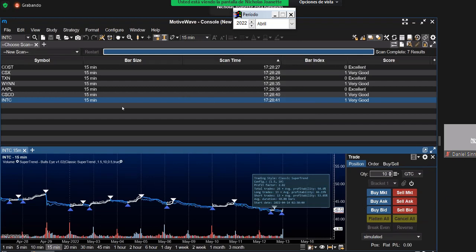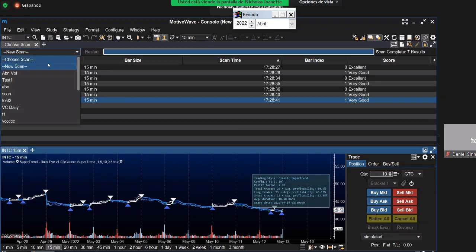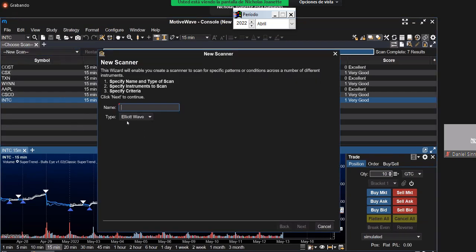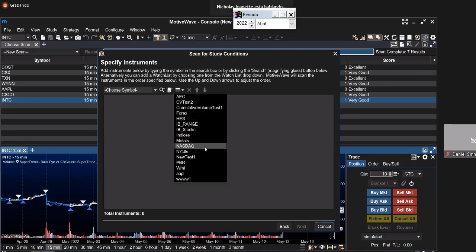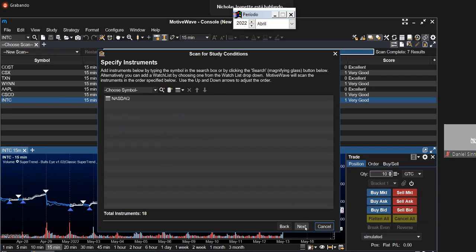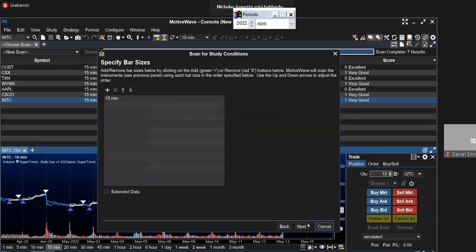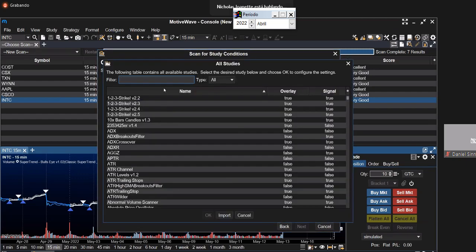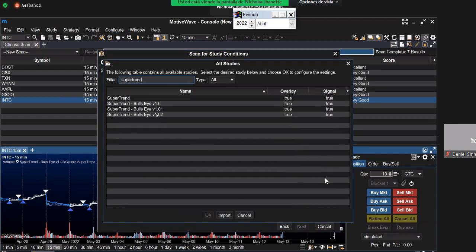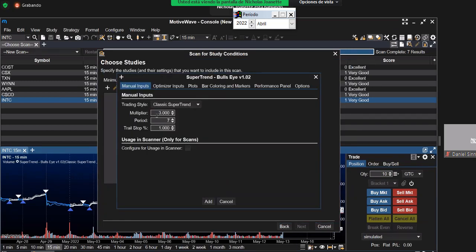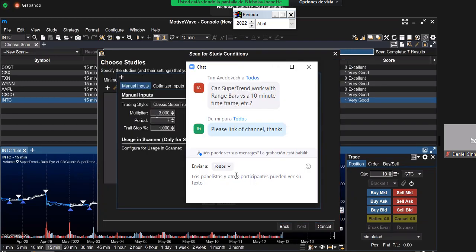So what I'm going to do here is create an example, a new one right here. We'll call this SuperTrend Bullseye profit factor greater than 3. Basically, I'm going to look over a watch list I have of 18 symbols from NASDAQ on the 15-minute. I want to find the symbols where SuperTrend Bullseye has optimized such that the profit factor is at least 3.0,